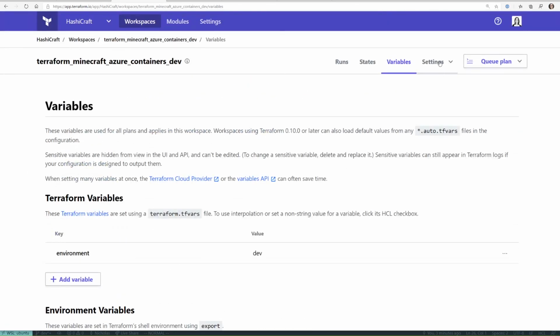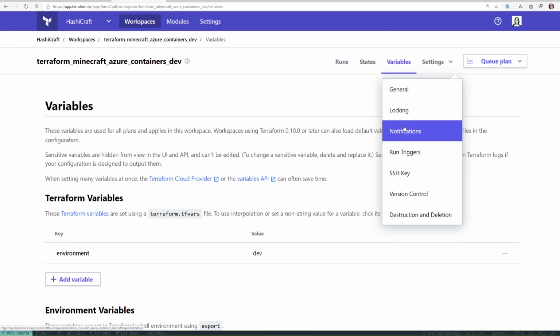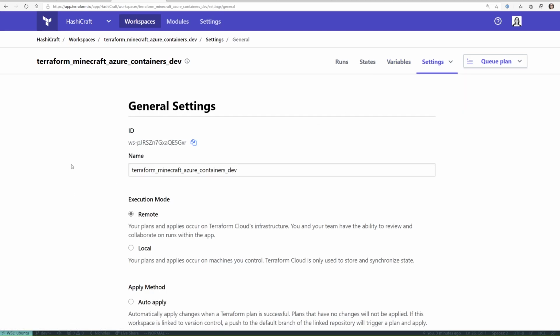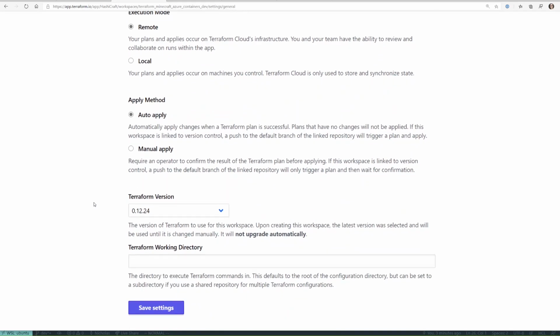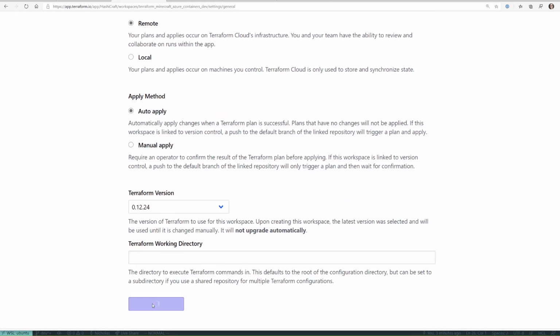And what I need to do is I just need to check out a couple of settings. The first setting that I want to change is my apply method. The standard apply method is manual, and that's kind of what we saw last time where we have to manually hit that button. Now, we don't need to do that this time because we're running in a dev environment, so we can take a few shortcuts. I'm going to click auto apply, and that means that whenever I commit any changes to GitHub, it's automatically going to create those things for me. I'm going to save that.